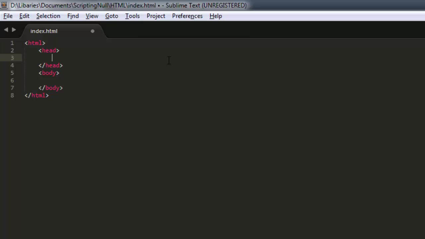Okay, so now that we're in here, we can go ahead and just create one more sample tag, and that's going to be the title tag. Now the title tag is part of the metadata, which is basically information to do with your page. Because the title tag is metadata, we want to go ahead and put it in the head tag. So within the two head tags,